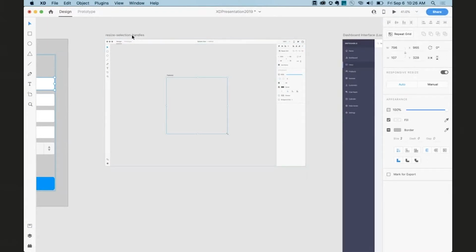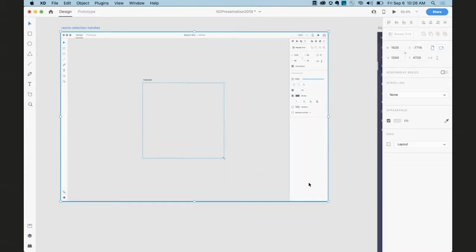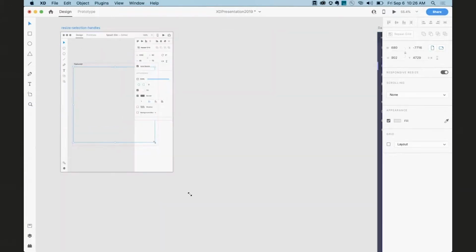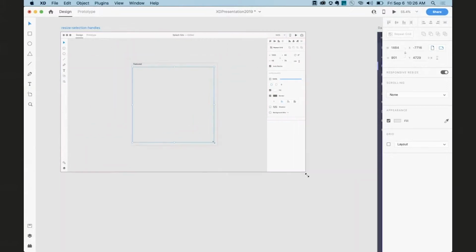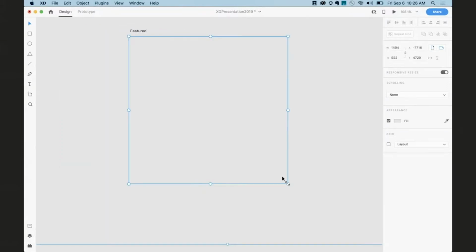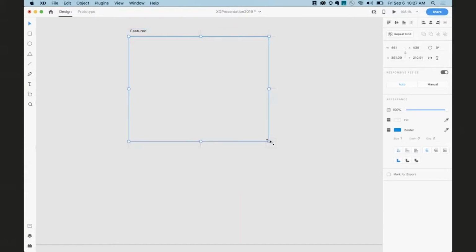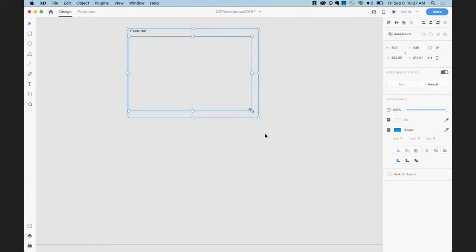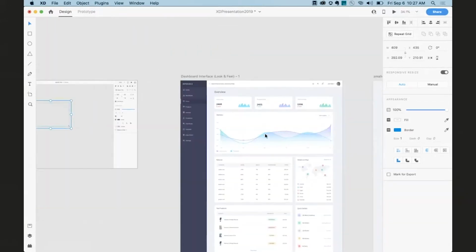This is XD inside XD, and I will show you that pretty much all the apps at Adobe now are designed in XD, and if you resize, you will do the magic to keep things intact. For example, if you need to resize these elements, because they have so many different elements, things normally would get super distorted, but with responsive resize running, everything is preserved. And again, if you need to change something, you can do that